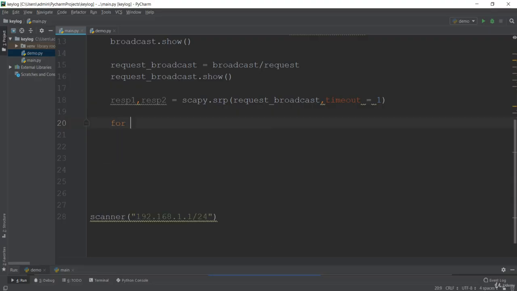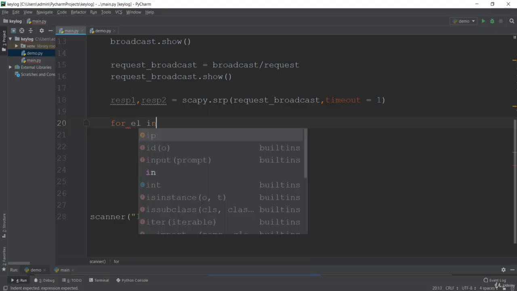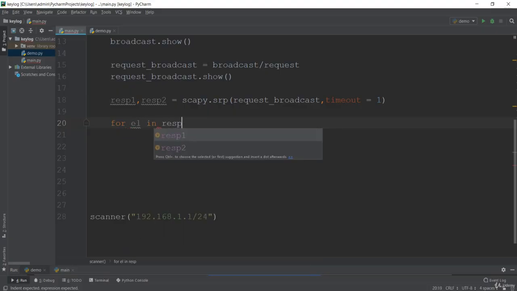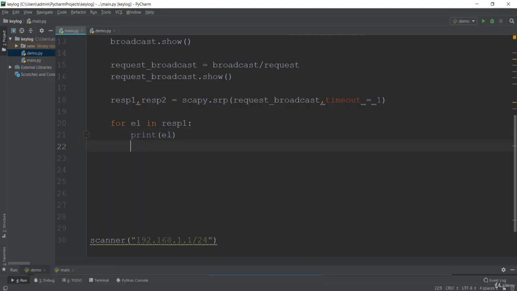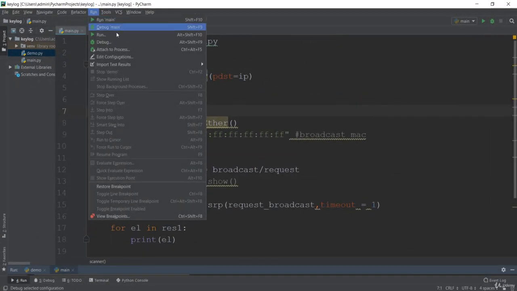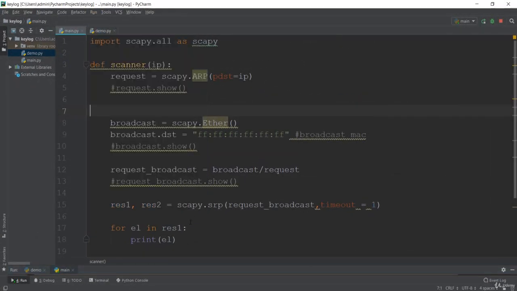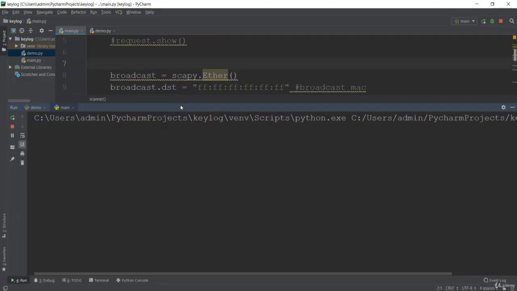So let me loop now: for element in response 1, which is for the answered packets. For every answered packet, let me first print this element, and let's see how this works. The thing we want to run is main, obviously, and let's see if this works or not.